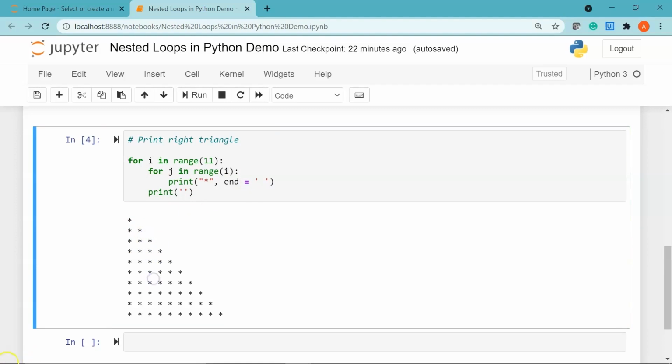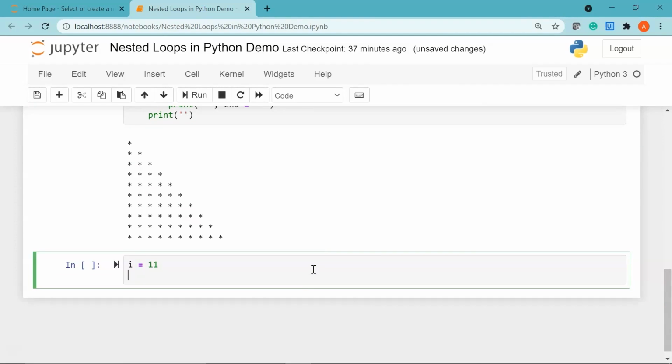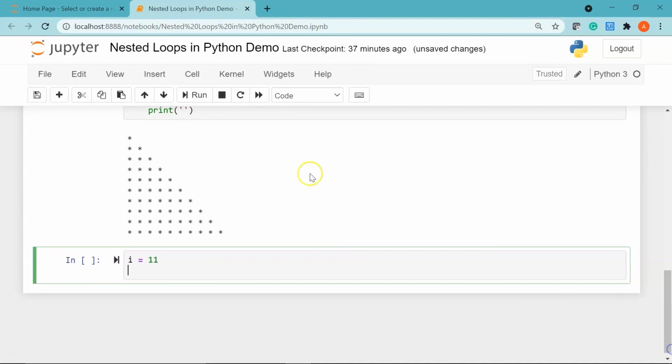Okay. Now let's go ahead and print a right angle triangle using a nested while loop. So unlike the for loop, the while loop doesn't have a pre-compiled iterable sequence. The while loop keeps executing the code until the expression evaluates to true. So I'll start with the variable i equal to 11 because I want to print 10 rows that will contain my star